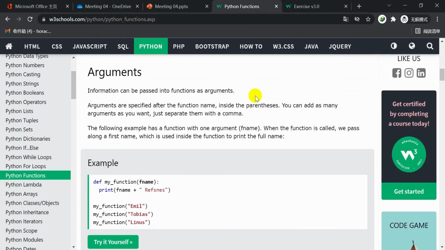Information can be passed into functions as arguments. Arguments are specified after the function name inside the parentheses. You can add as many arguments as you want, just separate them with a comma. The following example has a function with one argument, fname. When the function is called, we pass along a first name, which is used inside the function to print the